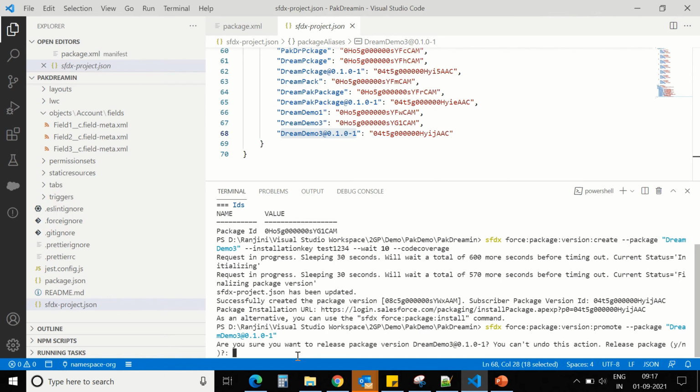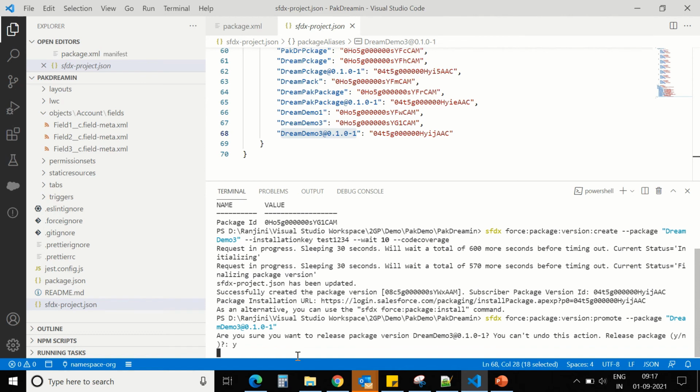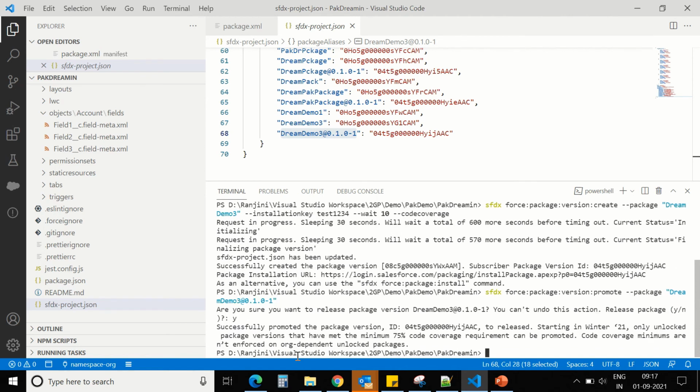Okay, let's give Y. You can see the message successfully promoted the package version ID to released. So finally we have the package released version, first version of our package Dream Demo 3. That's it, how we are creating a second generation managed package.